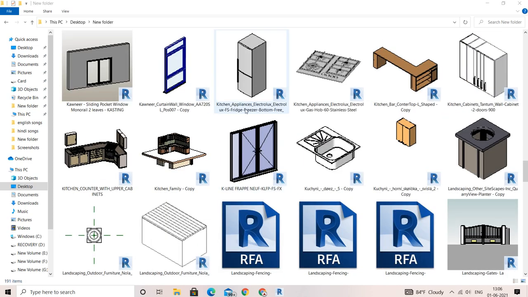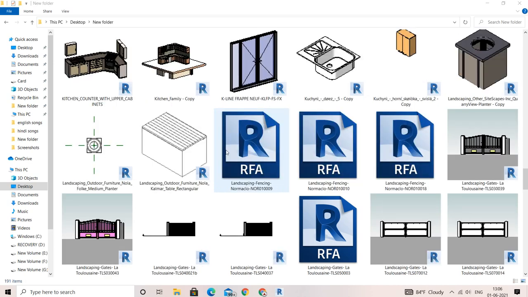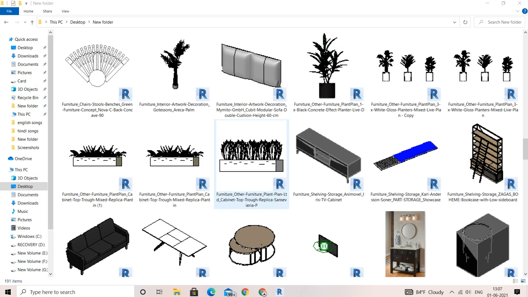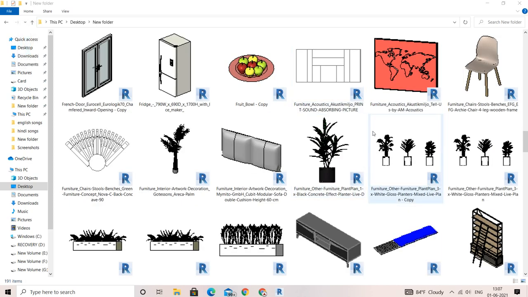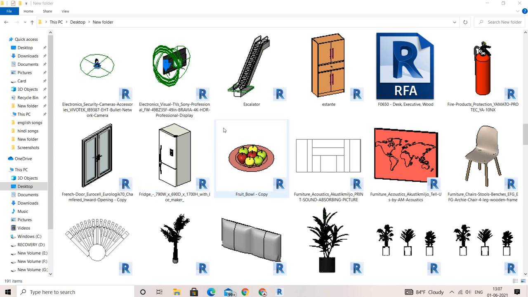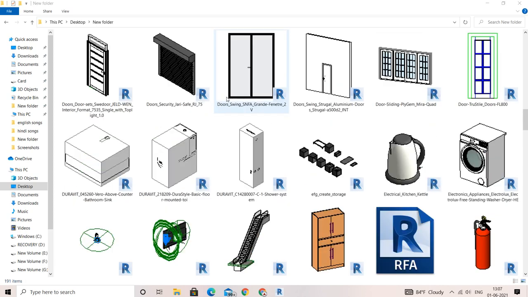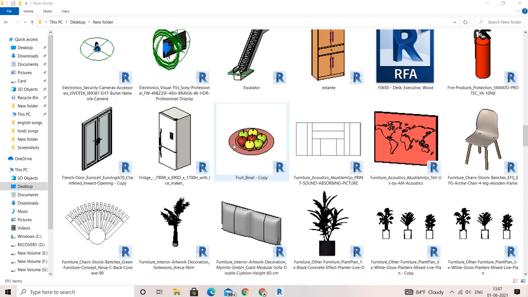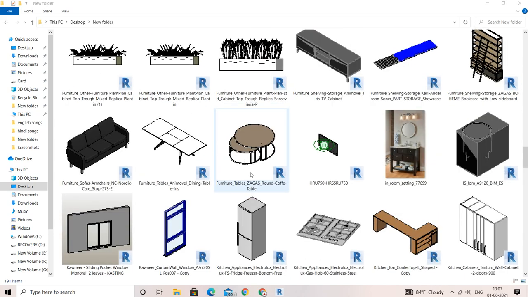So here I have shown you a lot of things. A lot of things means mostly these things are useful for any kind of plan. Like this, these are the plants. These plants look very good to design any kind of elevations of your building, right? Some of the interior works, escalators, these are not only for a simple plan. If you want to make a big villa or mansion type of plan, in that also these appliances and components are very useful to you.